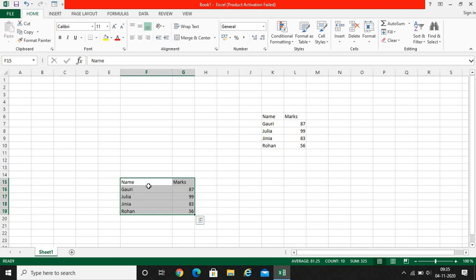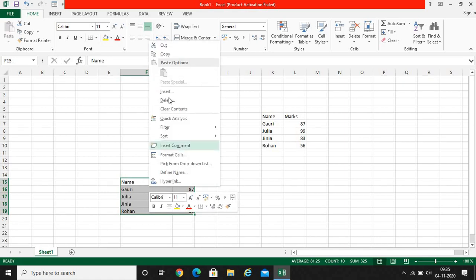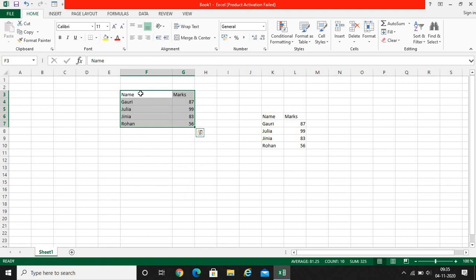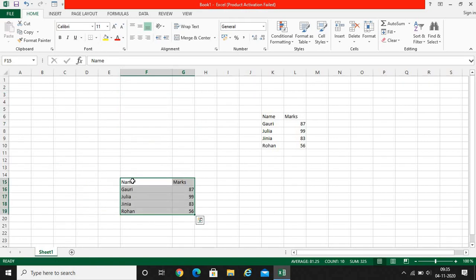We have another way to move the data. We'll right click on this, cut it, click on another cell and press enter. It is also one method of moving. So cutting the data and putting it over there is one method. Another method is we'll click on this part and just drag it here and there. So in this way also we can move the content of the cell.